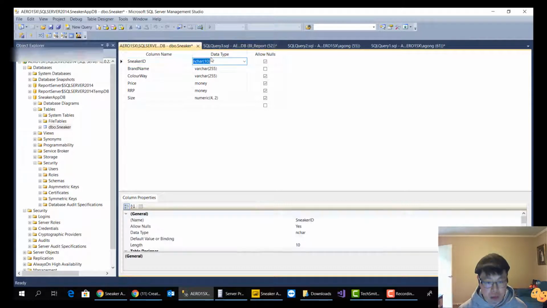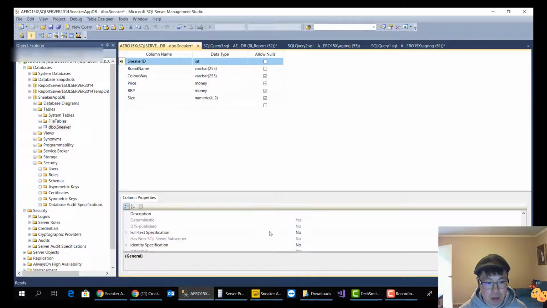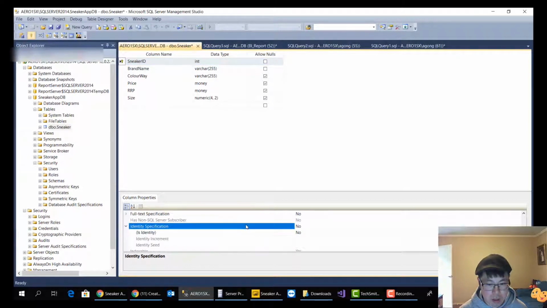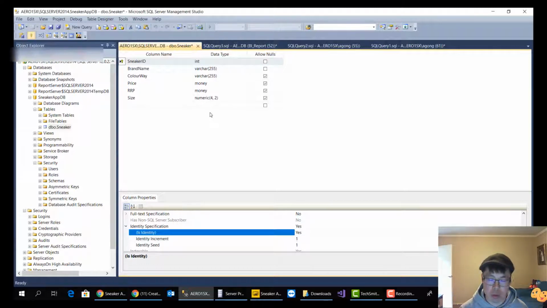And data type int. It shouldn't allow nulls, and you need to set it as a primary key. And there is another thing that it's always good practice to implement for identity. When you set it as identity, it will auto increment by 1, so we'll start from 1, the next row of data will be 2, the third row will be 3, 4, 5. The ID will always increase by 1 for every new row added into the database, and